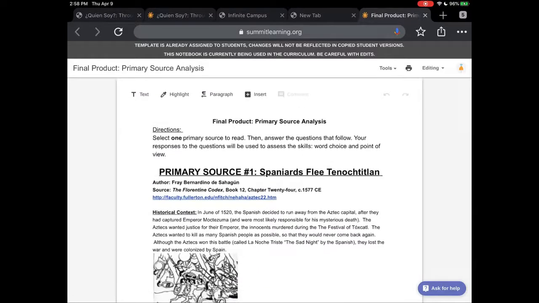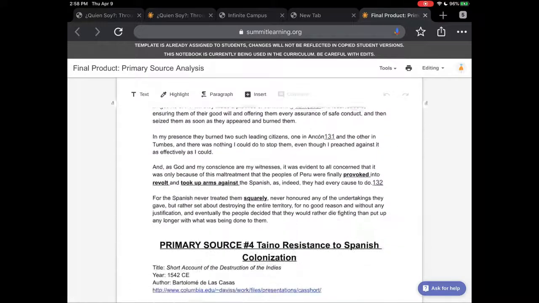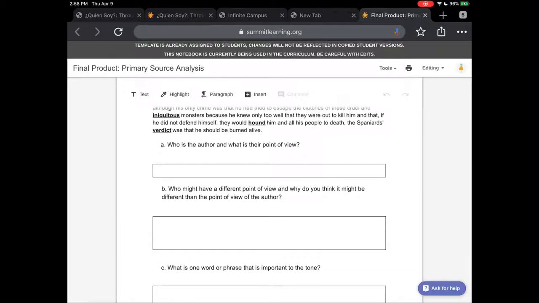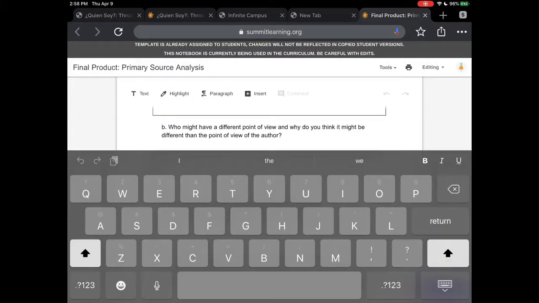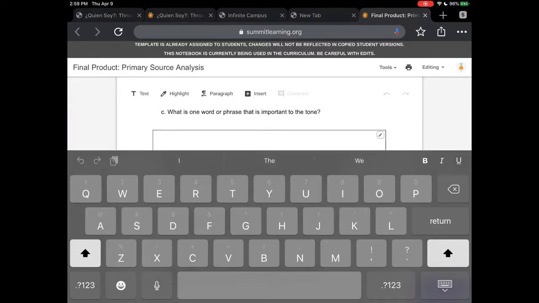Today we are going to read primary source number 1 as well. And after reading primary source number 1, you are going to answer the remaining questions. We answered questions A and B last week. This week, I want you to answer the remainder of the questions. And you're going to find that a lot of the questions are centered on this idea of tone. And so whenever you're answering these questions, you have the ability to answer either talking about primary source number 3 or primary source number 1. But what's important is that when you start your answers, that you clarify to me whether or not you're talking about the first primary source or the third primary source.